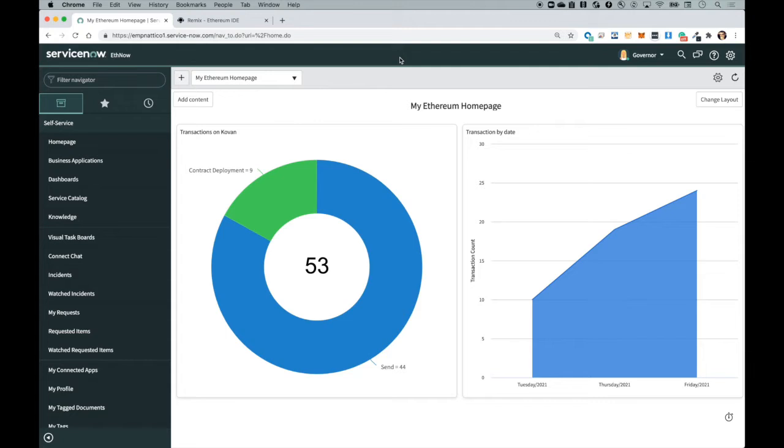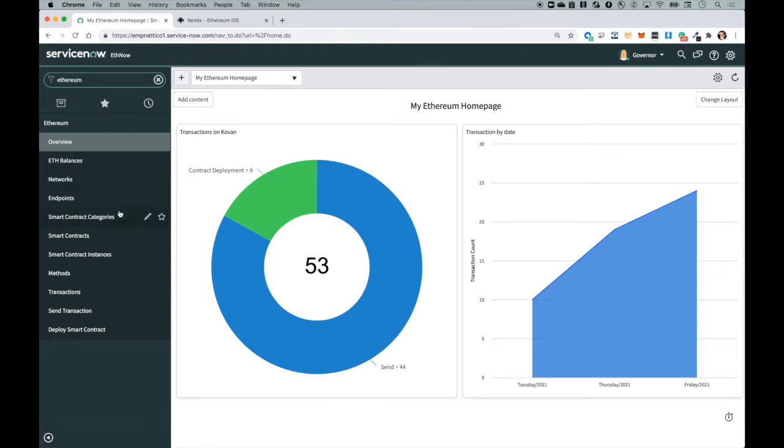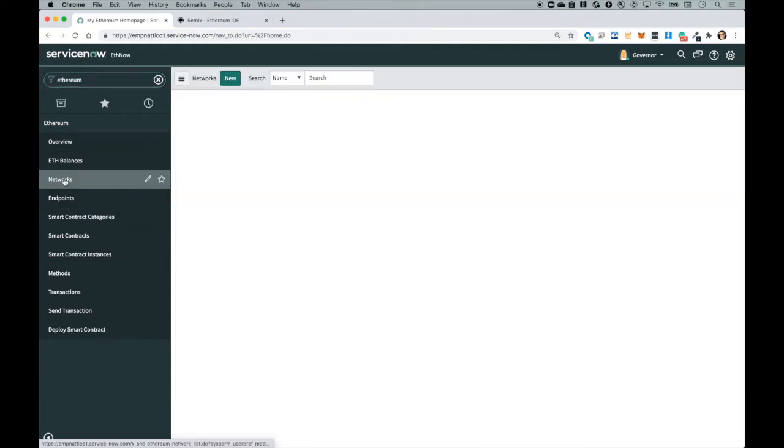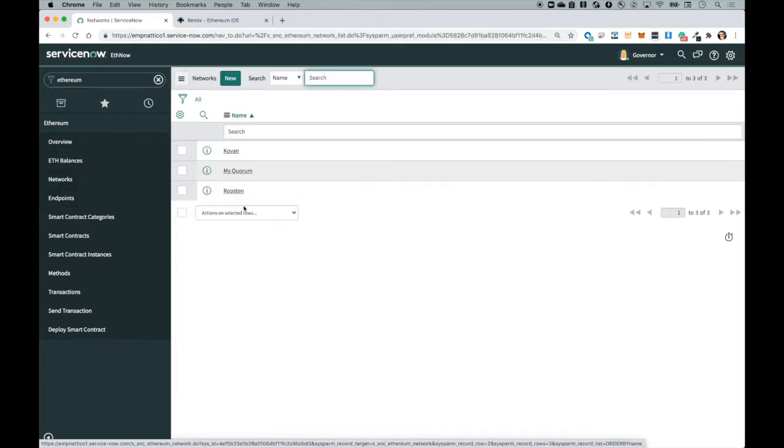Okay, I'm connected to the instance as the governor now, and let's have a look at the Ethereum application. In the Ethereum application, I have the objects of the data model that we have described so far. I have networks and three main networks defined. Kovan and Ropsten are public testnets, while MyQuorum is a private network that I'm running.